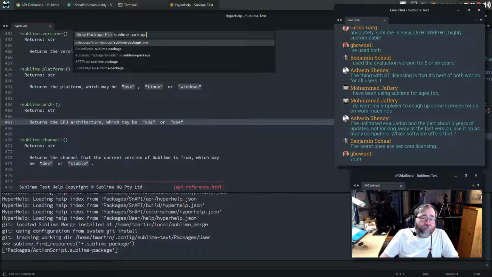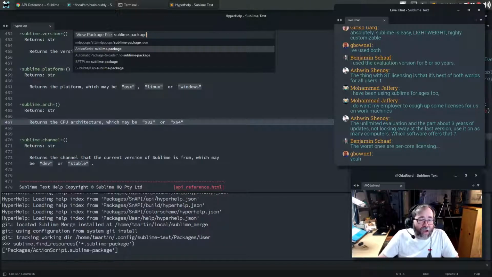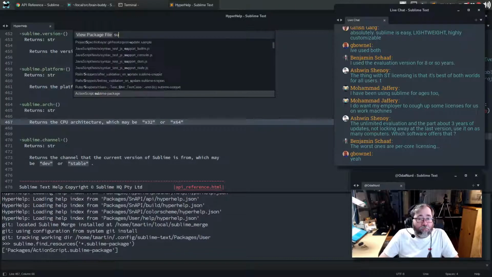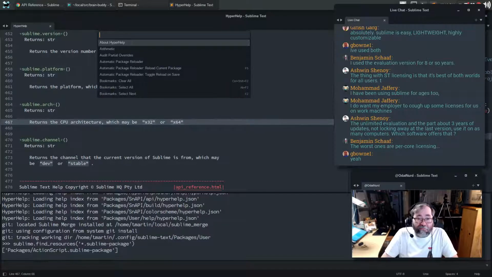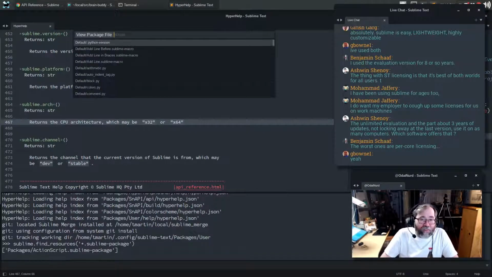But it's down there and not sorted to the top like it was before. So it may have been doing this for a while, theoretically, but I just never noticed it until this.